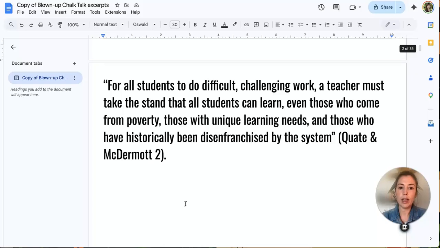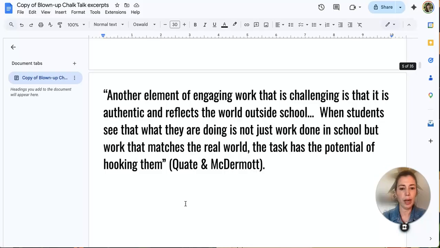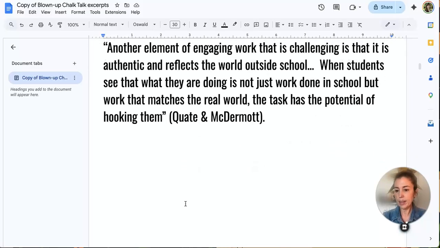And so you'll see I've got all these different quotes. Each one is on its own page, not hard to set up, right? And then let's say if you're doing this with a class and you have a text that you've pulled different quotes from or different segments or whatever, awesome. Or from multiple texts too, you can do it that way. Just make it where you've got one master copy. If you've got a class of 30, I would recommend having maybe about 32 to 35 things around the room so that each student can visit one and then move and then visit another and then move and so on.